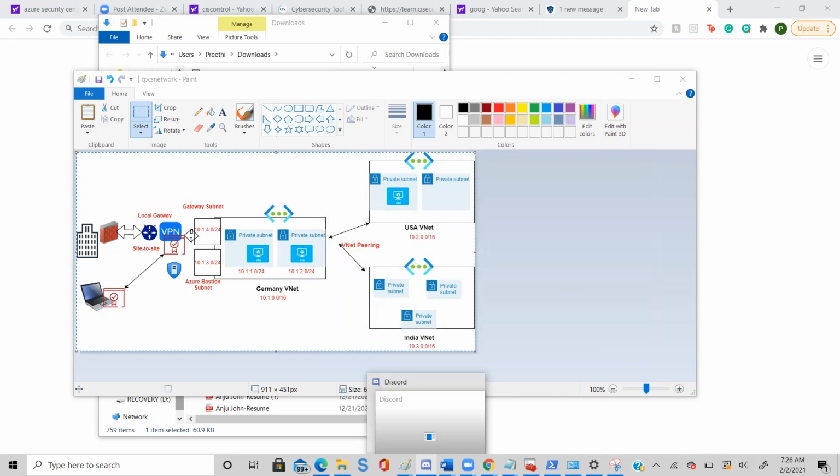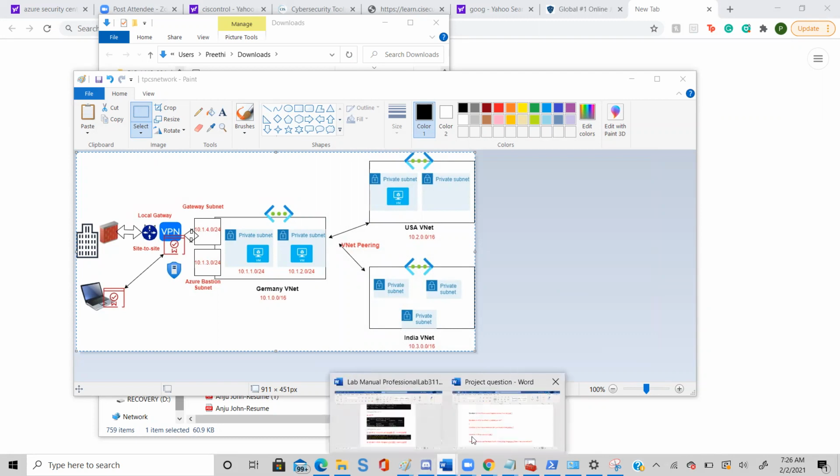Right. So all this is what we did in a project. So lesson number 1, project means you are actually implementing the real case scenario with a team, not as a single person. Yeah, exactly. So this is the question I have given you. In those questions, you have to figure it out.